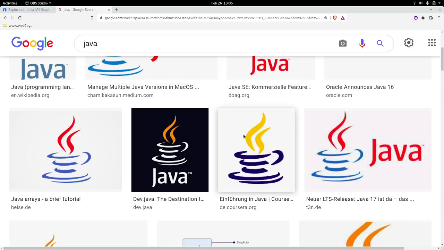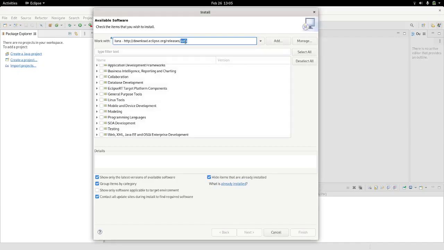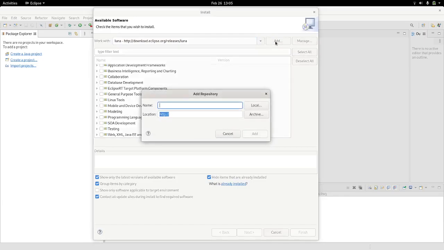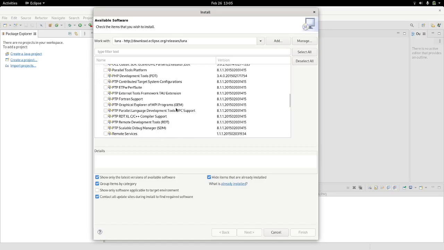So let's get started. The first thing that we need is to have Eclipse, of course, and you just have to make sure you have the Luna repository. If you don't have the Luna repository, you have to add it by providing this address here, this URI or URL, and just name it. Once you have this repository added, just make sure you select it so it will load all the corresponding components here. And if you scroll down to general purpose tools and display this option and scroll down, you will